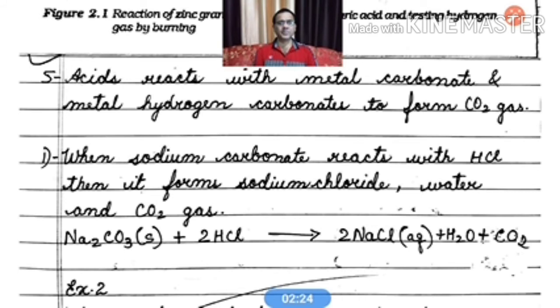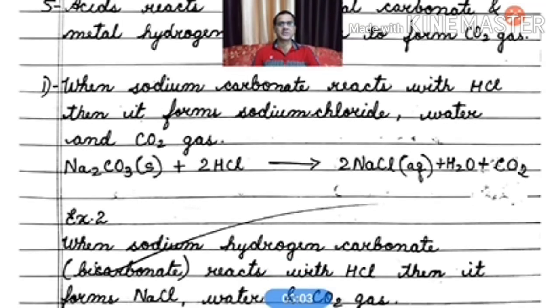तो यहाँ पर दो तरीके कंपाउंड हो गए, एक हो गए कार्बोनेट और एक हो गए बाइकार्बोनेट, इट मीन्स हाइड्रोजन कार्बोनेट. और दिस इज द प्रॉपर्टी ऑफ एसिड्स. व्हेन द एसिड्स कम इन कांटेक्ट विद एनी टाइप ऑफ मेटल कार्बोनेट, एज एन एग्जांपल आई टेक सोडियम कार्बोनेट और metal hydrogen carbonate like sodium hydrogen carbonate, then they produce CO2 gas. अभी just 5 minutes before we have studied कि metals when they react with the acid they produce hydrogen gas. यहाँ पर आप याद करेंगे कि जो acids होते हैं when they react with the carbonate and hydrogen carbonate then they produce CO2 gas. और इसके लिए हम लोग लेंगे as an example